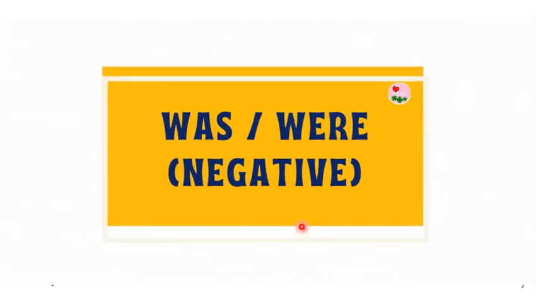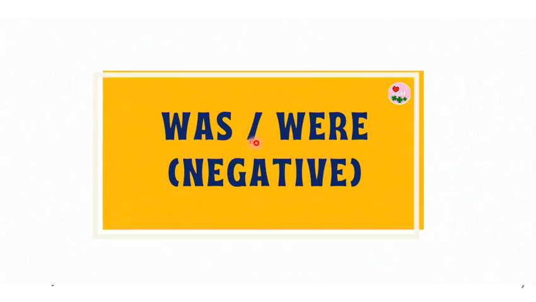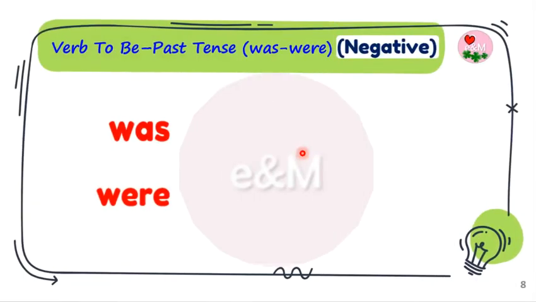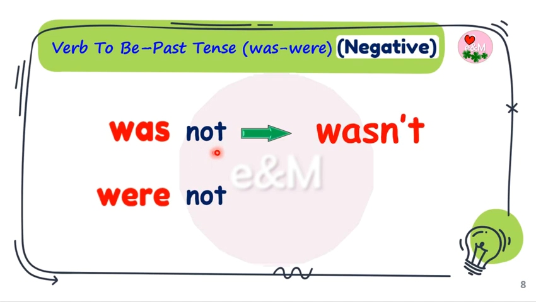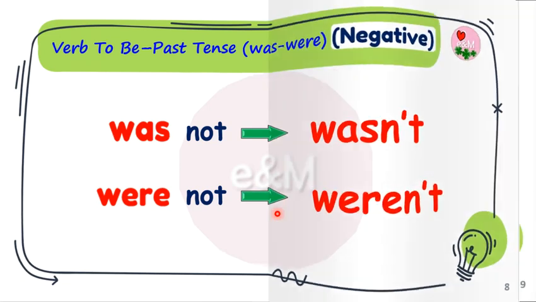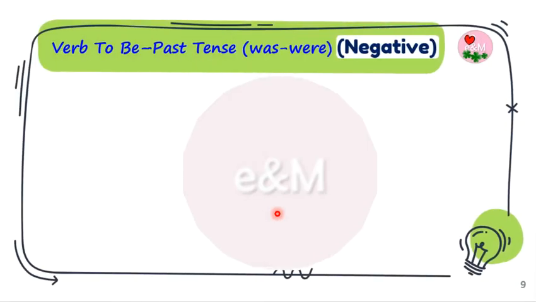Now, the negative form of was or were. For negative form, we just need to add not after was and after were. Was not can be contracted to wasn't. And were not can be contracted to weren't. Okay? So you can say,